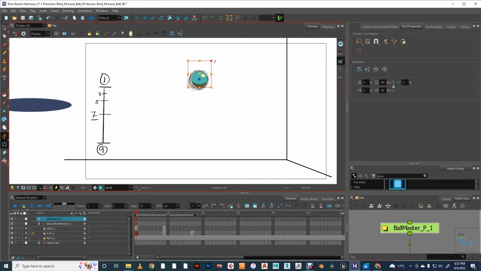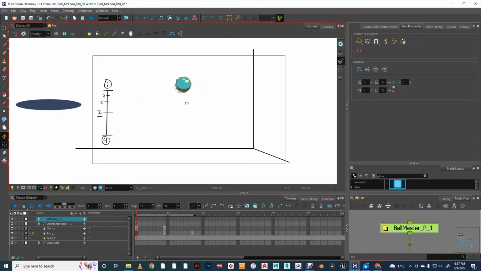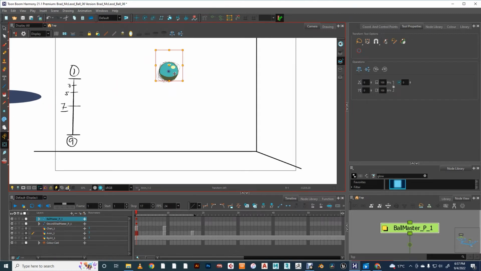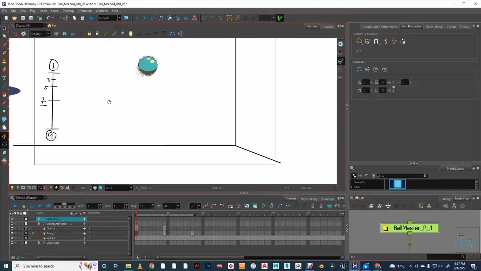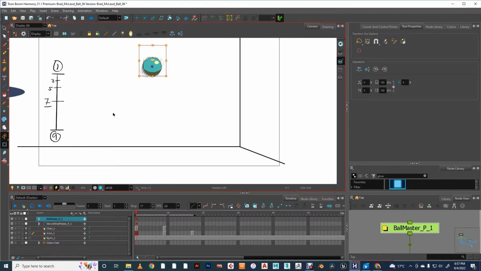I'll scale it holding Shift. So I'm going to move my ball into place, so it's roughly like that. Okay, that's about right. So that's there. Now, we won't worry about our shadow for now. We're just going to leave that where it is. We'll do that later. So now I'll move my node view down to my move peg and my squash and